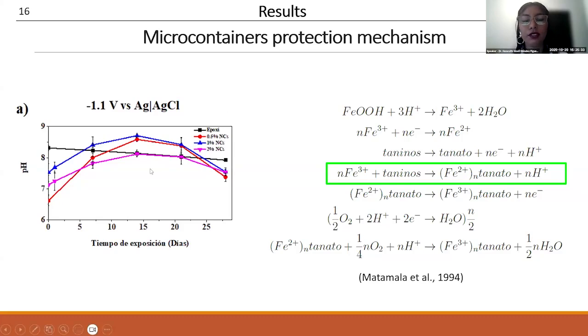However, at higher concentrations, a pH drop was observed, and this is likely due to the formation of iron tannic complexes, which release hydrogen ions, as we can see in this chemical reaction. Moreover, zinc oxide's electron charge capacity may suppress the catalytic reaction at high concentration, resulting in slower and more controlled